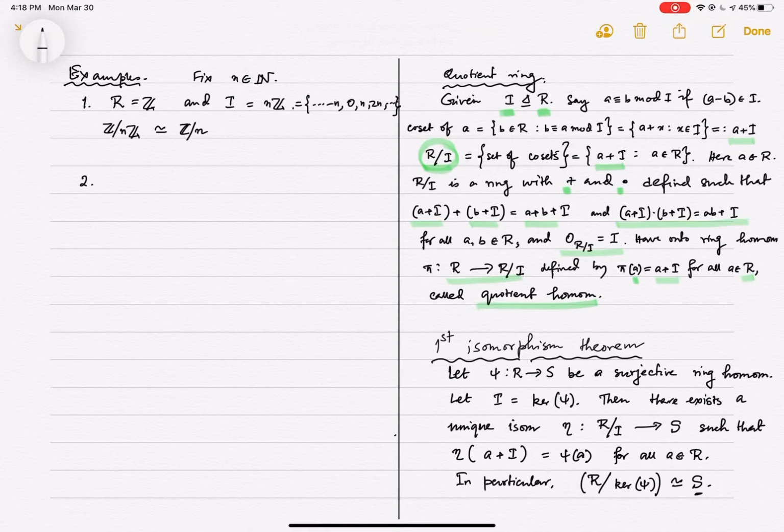Example 2 on my list is already something somewhat non-trivial. It's a rather special example, but if you recall, when we talked about rings a long time ago, we had this rather curious ring. The underlying set is just R2, R cross R, so points on the plane, with usual addition, just addition of vectors, but a curious multiplication, defined by